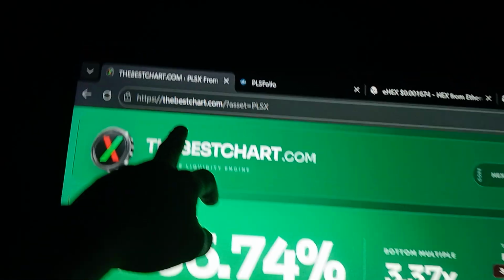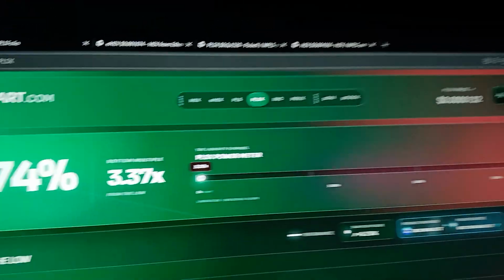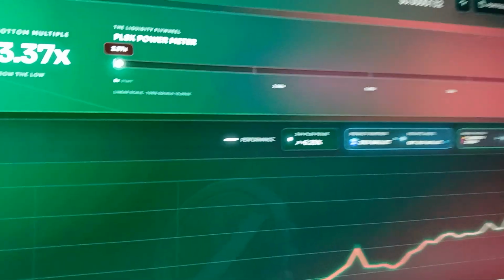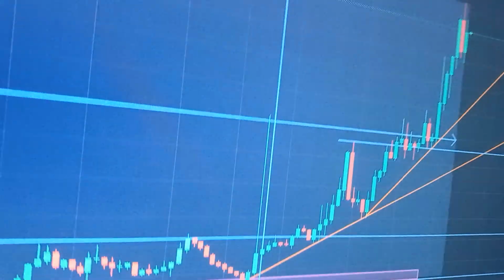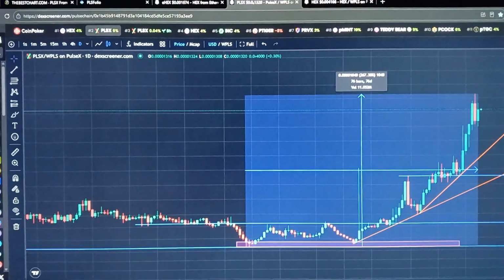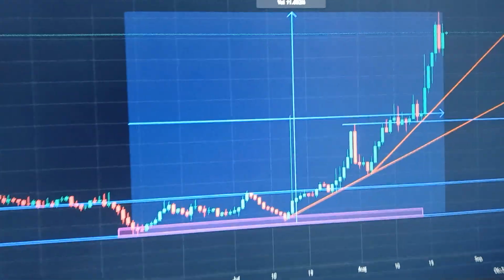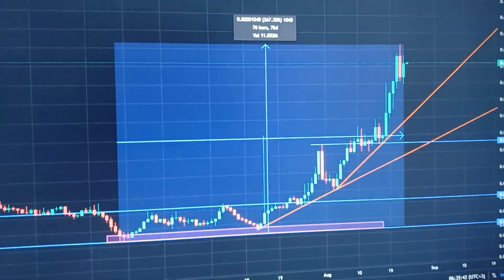Yeah, so again, this is the bestchat.com. You can visit it anytime and you will be able to pull these stats up. Again, PulseX, this is the price chart. You can see how price has been moving up, and now we are also tracking this